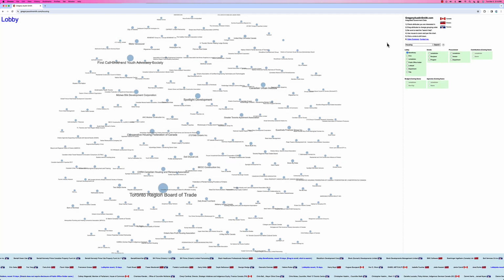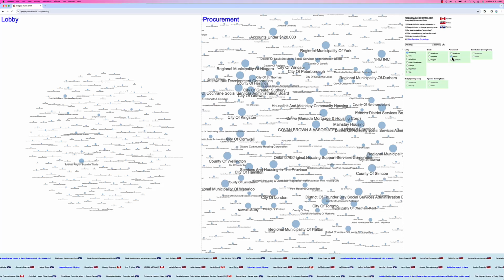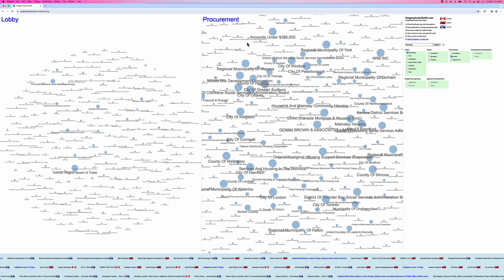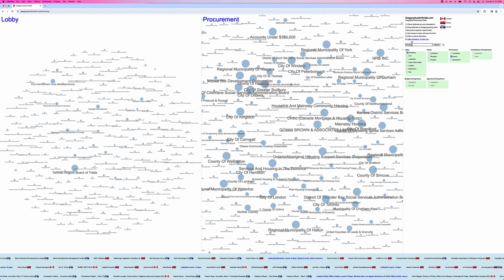Okay, some more orientation stuff. Please read these 6 points here because they tell you how to use the tick boxes. In a nutshell, search whatever you want in this field. There's all sorts of nuances around searching, which you can learn about by clicking this little help symbol. And then tick what you want to see and drag the boxes in the order you want. So now I'll just go ahead and tick another box for fun. Vendor. So now on my screen are 2 different visualizations, lobby and procurement, and they both arose from searching the